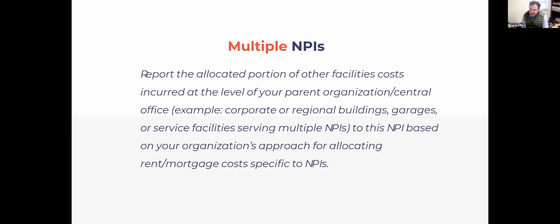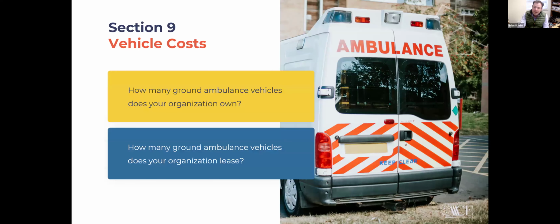So as you can see, hopefully this is relatively straightforward, but in isolated cases, this can get somewhat confusing. My best advice would be do the best you can. But if you get stuck, this is a good time to mention that the AAA is here to help, and that we do have a helpline that you can certainly reach out to, both through email or pick up the phone, and we'll do our best to walk through the situation and hopefully help you come up with an answer that makes sense. Now that we've talked about facilities, we're going to talk about vehicles.